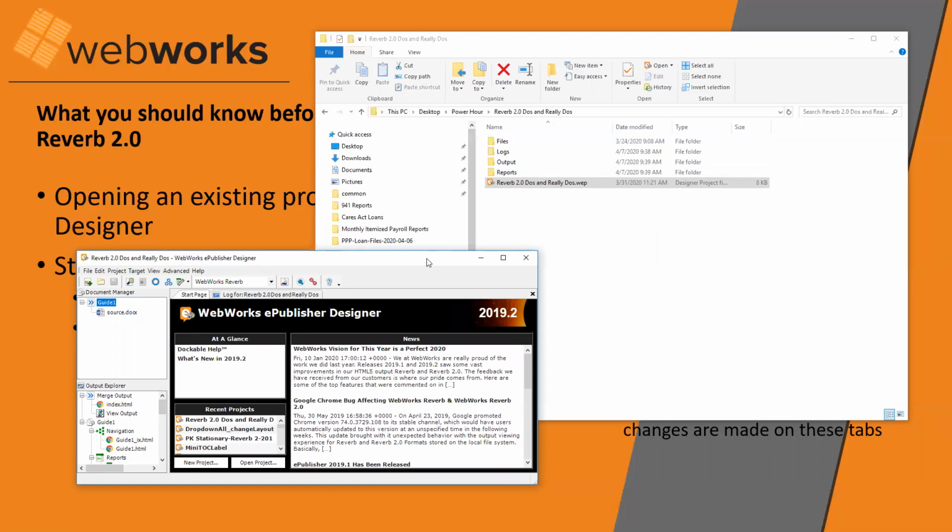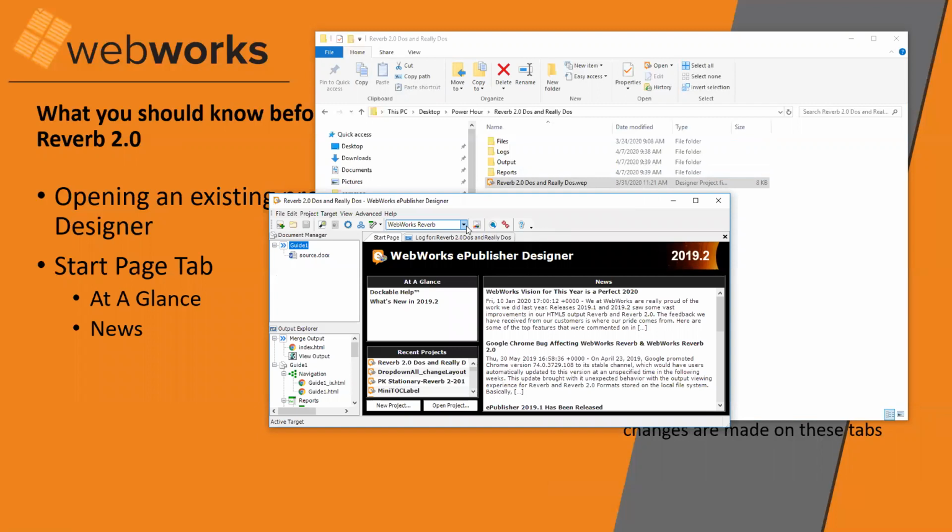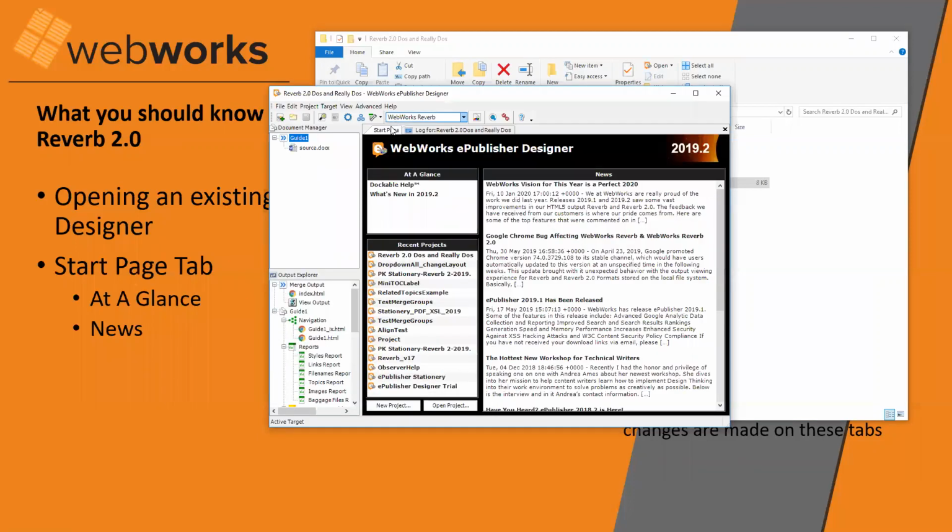Okay, so I've got a legacy project. In this particular demo case, it has just two targets, a PDF target and a WebWorks Reverb 1 target. So this is a project that does not have Reverb 2 in it. I wanted to make that point, because what we're going to do is add Reverb 2 to this and try to reuse existing work that's already been put into this project without having to redo it. Briefly, I also wanted to mention the start page,